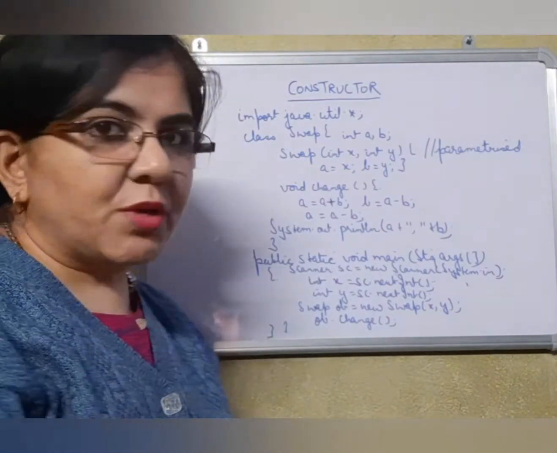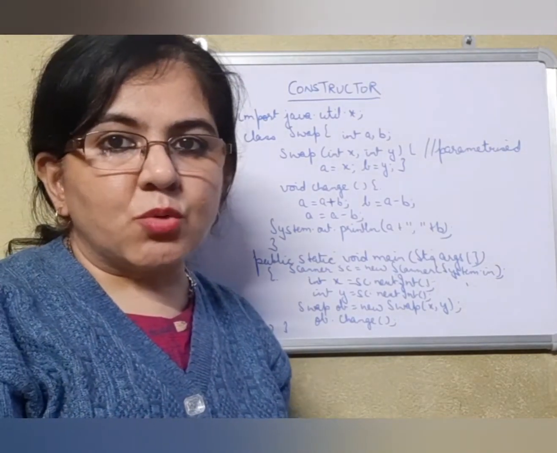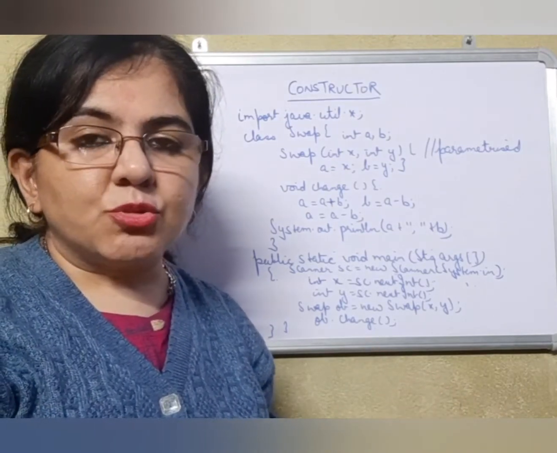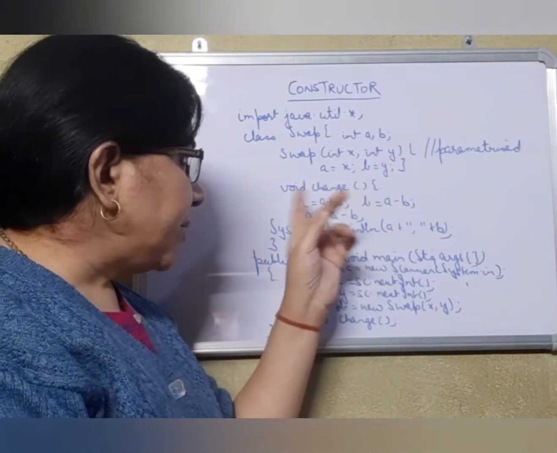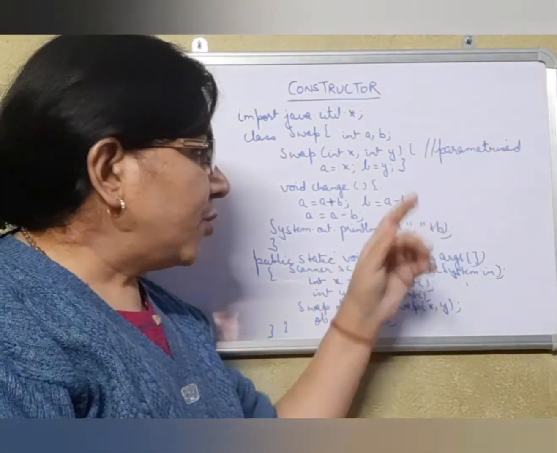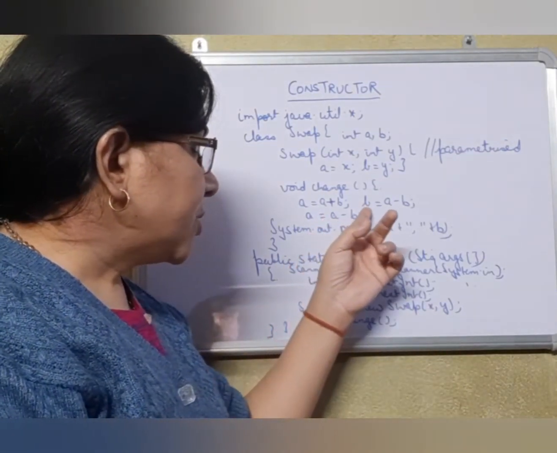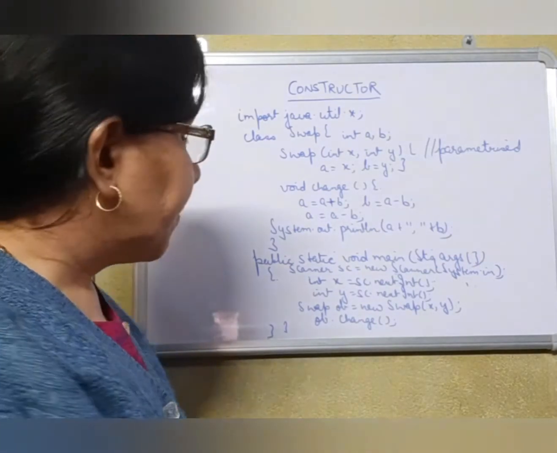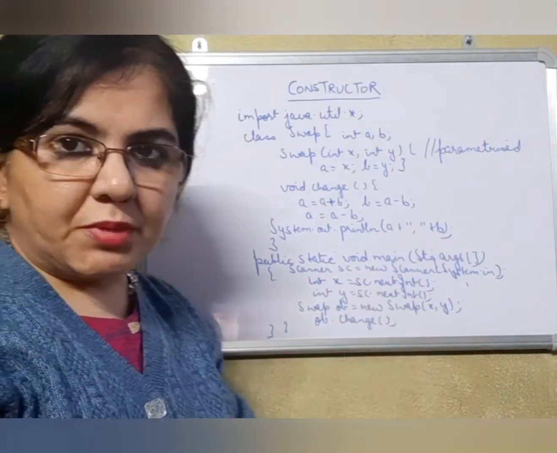In the change function, we are swapping both of them without using a third variable. a is equal to a plus b, b is equal to a minus b, and a is equal to a minus b. This is a basic question which is asked, to swap two numbers without using a third variable. Suppose a is 5 and b is 10, so 5 plus 10 is 15. So a has become 15. From 15 we subtract 10, so b automatically becomes 5. Then from 15 we subtract this new value of b, 5. So 15 minus 5 becomes 10. And so instead of 5 and 10 we are getting 10 and 5. So both of them have been swapped.